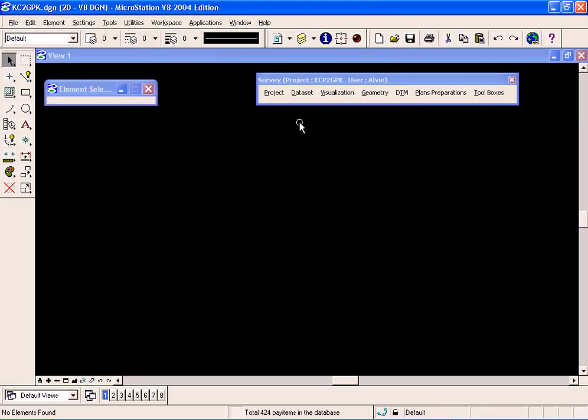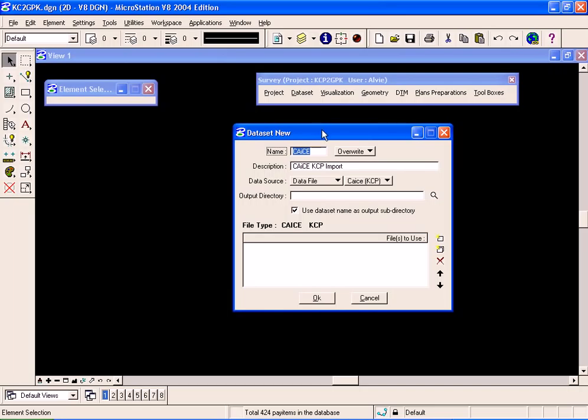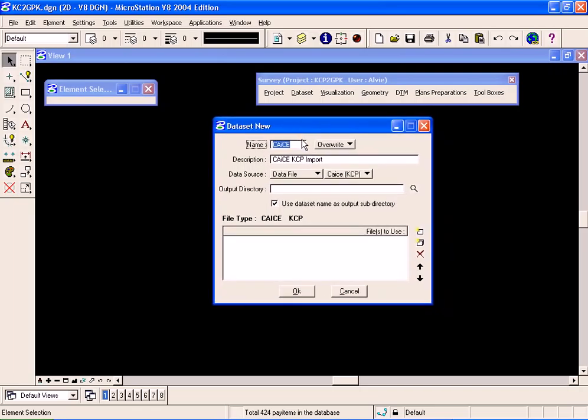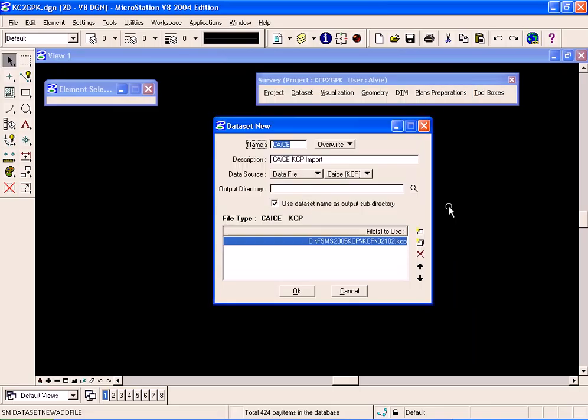I already have a project created and I will go to Dataset, New, and we'll see that's already set up to import a KC data file. KCP is the format. I'll choose my KCP file, 02102, click OK, and then click OK on the Dataset New dialog box to convert that KCP file into the OBS and XYZ